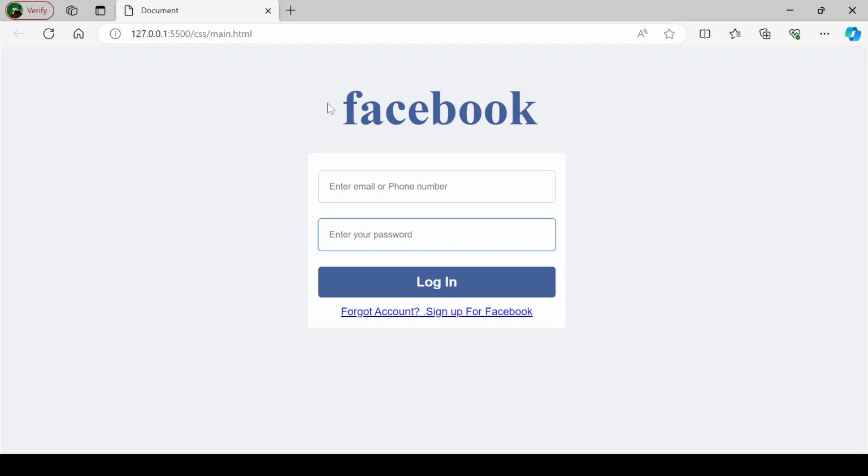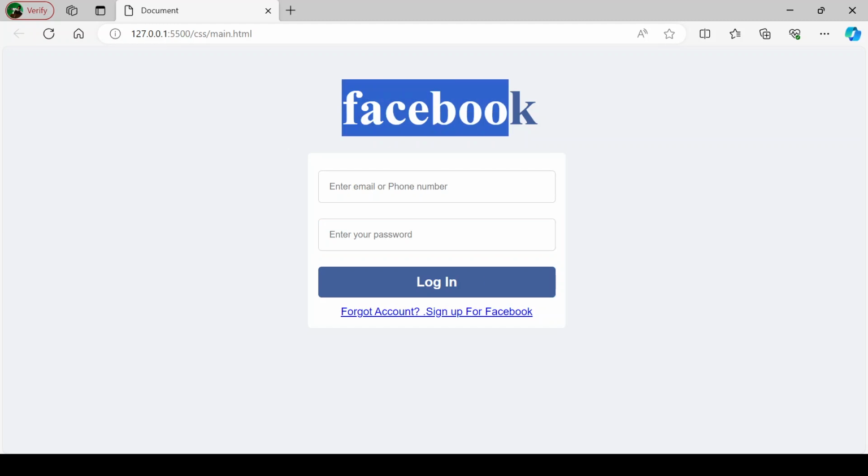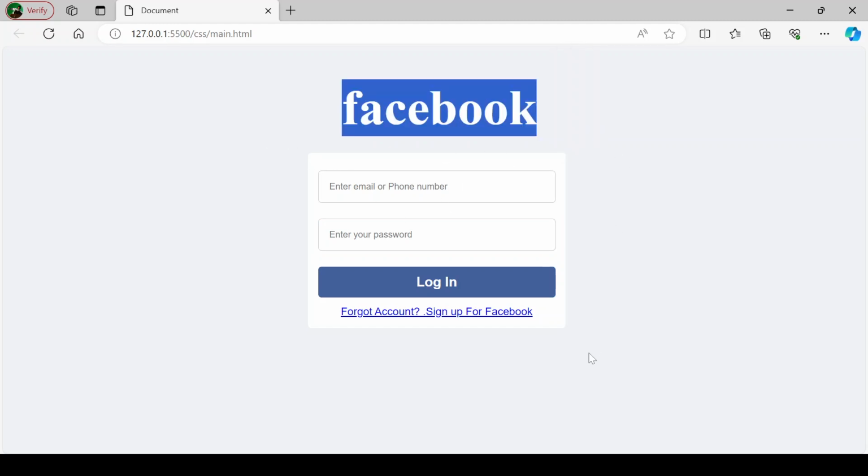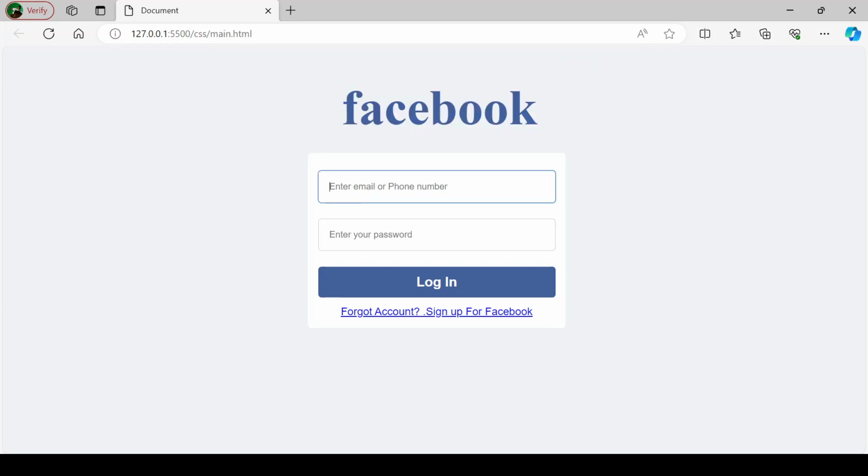Next in CSS, we have to create this Facebook login form. So this can be our text, and we can even put an image also. This is our form box, and in this form box, this is our text field where we have to put email. This is our password box, this is our button, and this is our hyperlink. To create this form,